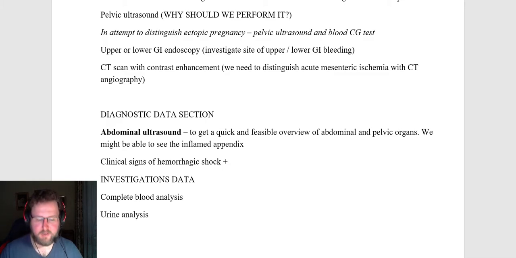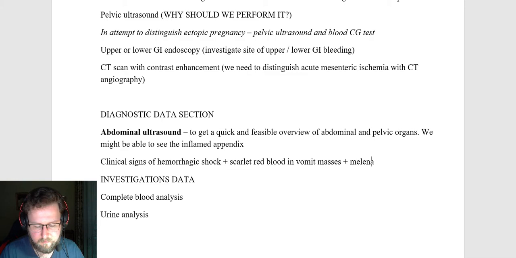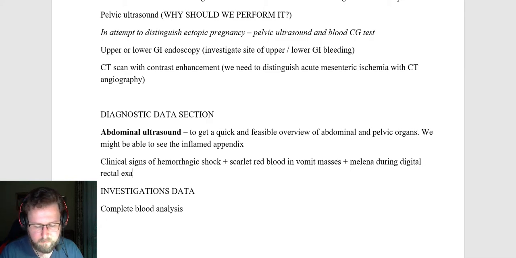So if you see this combination, to find out where is the source of this upper GI bleeding, you will have to administer upper GI endoscopy,